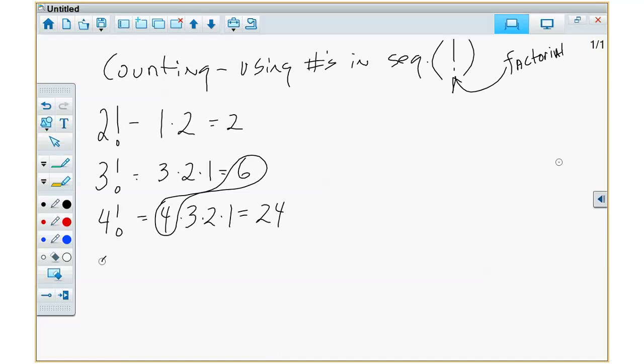And you get 5 factorial is equal to 5 times 4 times 3 times 2 times 1, which is equal to 5 times 24, which is equal to what? 120, and so on. Okay, so 6 factorial will be 720, and so on. So factorial is multiplying the numbers in sequence